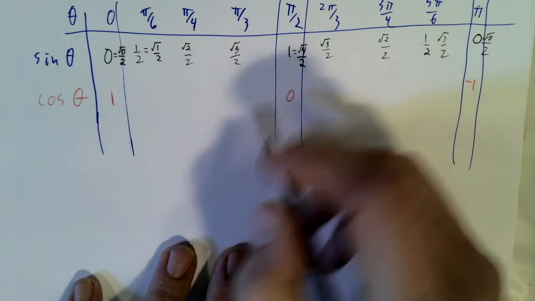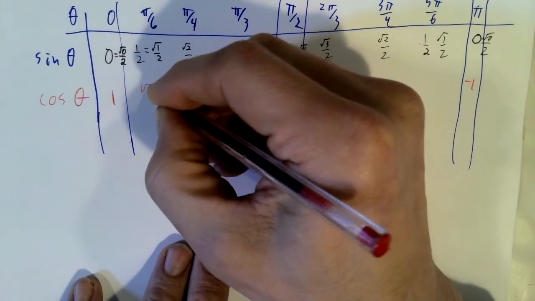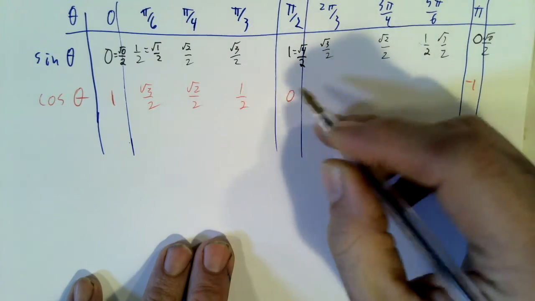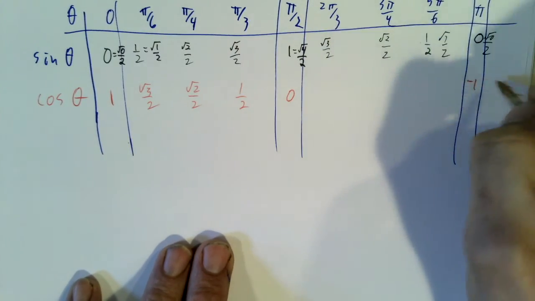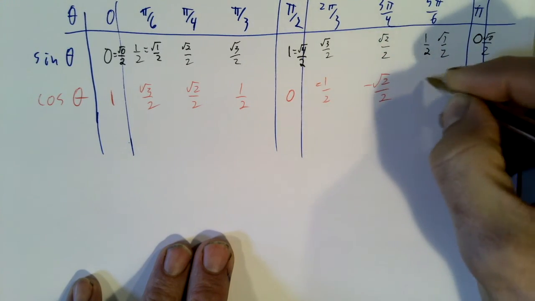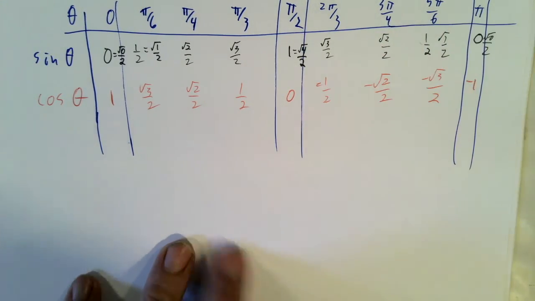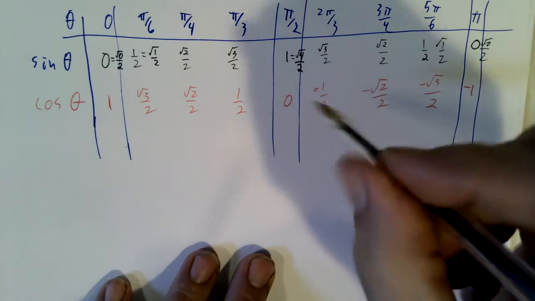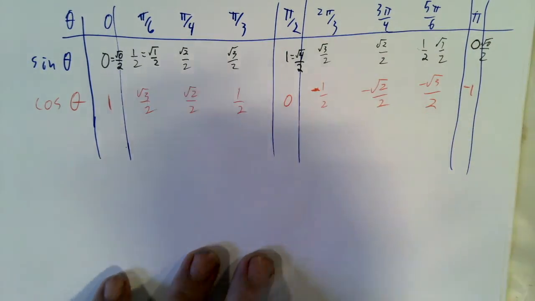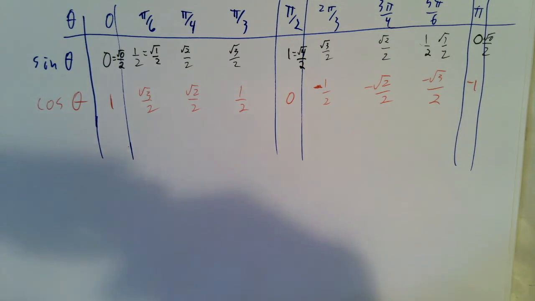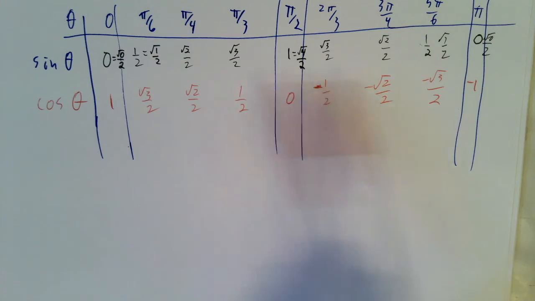It starts at 1, works its way down to 0, and then on down to negative 1. But it's going through those same values. So next to 1 is square root of 3 over 2, working its way down that same little pattern down to 0. And then we're going to go on down to negative 1 following the negative values. So they fit that nice, clever pattern. But as long as you know you're in the second quadrant, you know cosine has to be negative. So those values fit through there, and you should be able to keep track of the different values in there. It's not that much to memorize, and you know everything about those values. That gives you nice marking points,